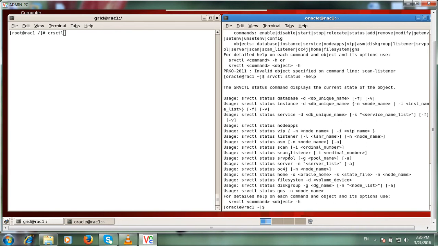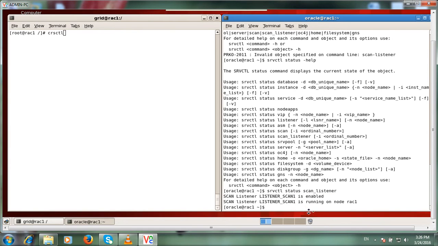You can check scan_listener. So the scan listener is running on RAC node 1 and it is enabled. So remember that the scan listener connects client requests to the cluster and it is dynamically